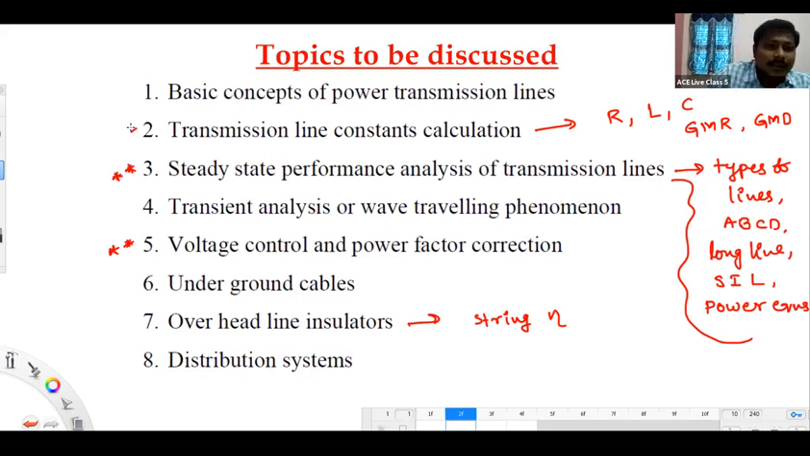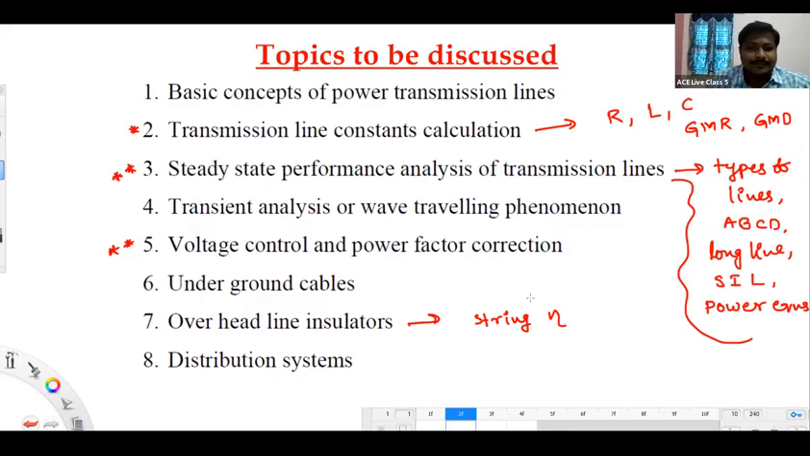And the second one is also a bit important: they will ask you to calculate the inductance and capacitance values, and just by using the formula you can get them after calculating the values of GMR and GMD. Okay, yeah. So regarding the